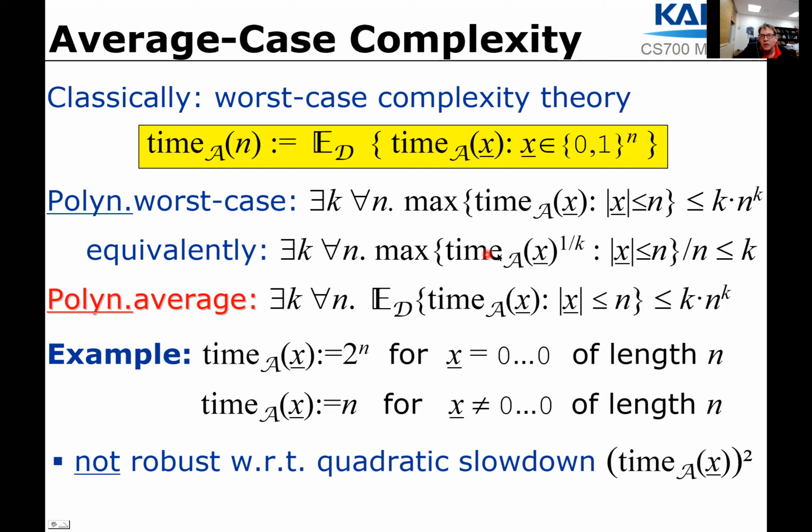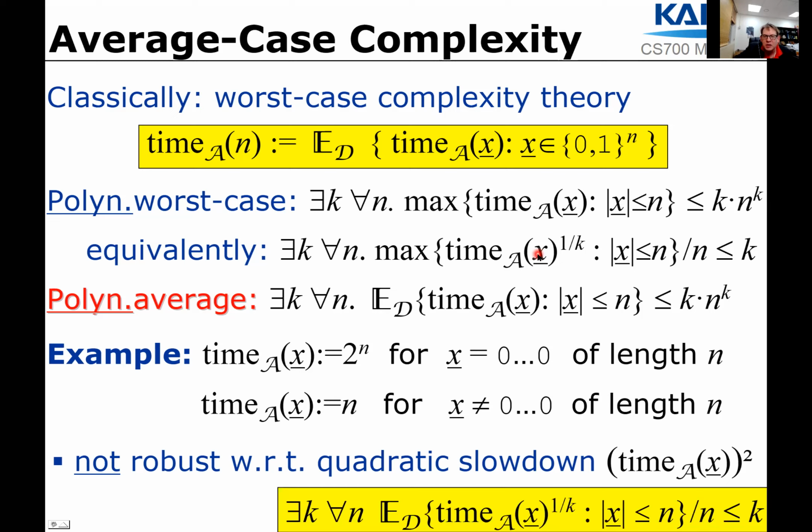So this is an equivalent reformulation. And now based on that reformulation, we can turn that into an average case cost estimate by requiring that the expected running time taken to the k-th root over all inputs of length up to n, divided by n, should be bounded by a constant. So this is another candidate definition which differs from this definition, and this latter is actually the definition that Leonid